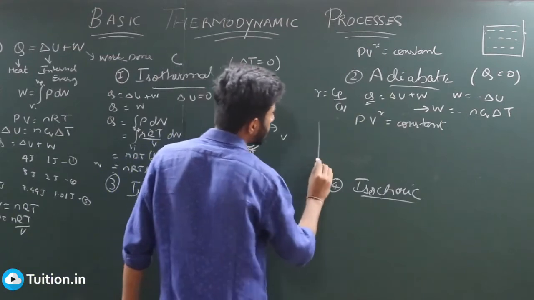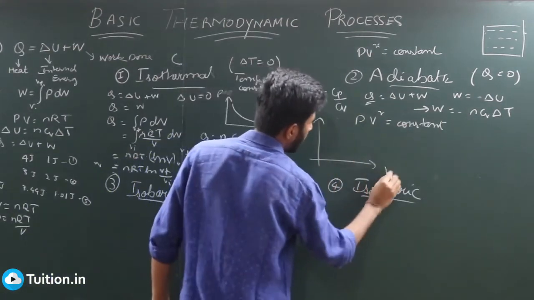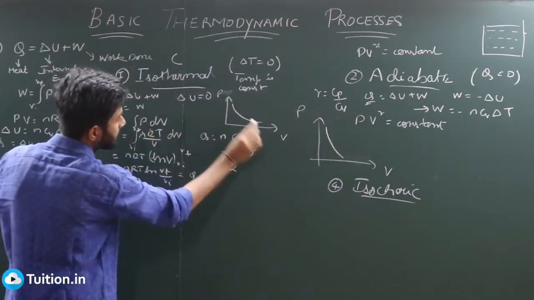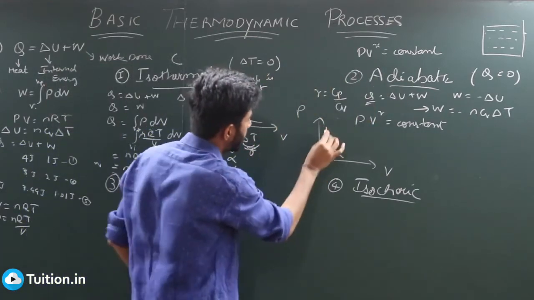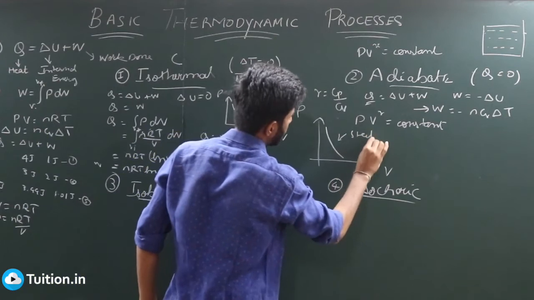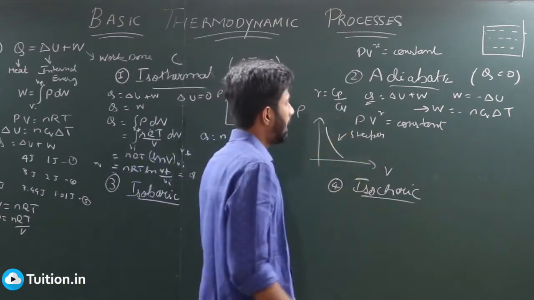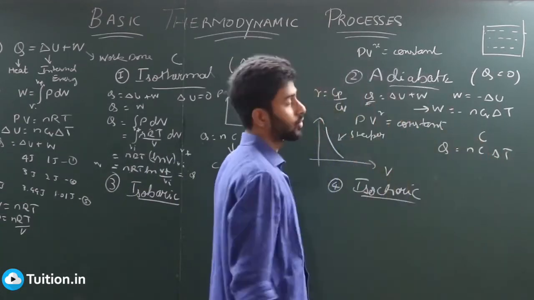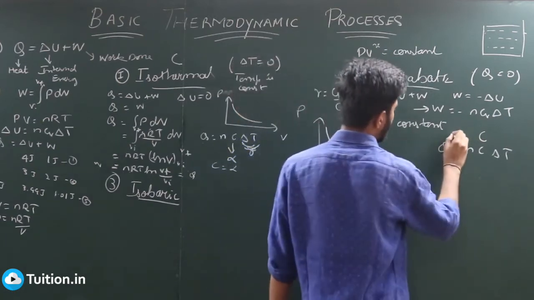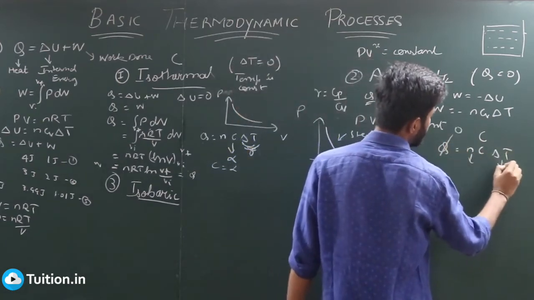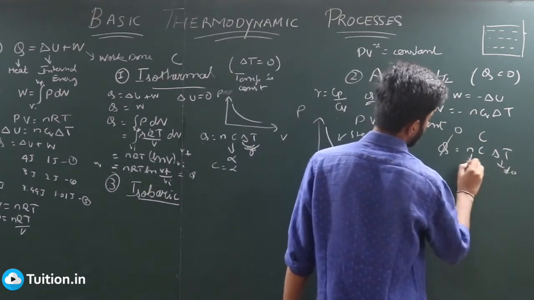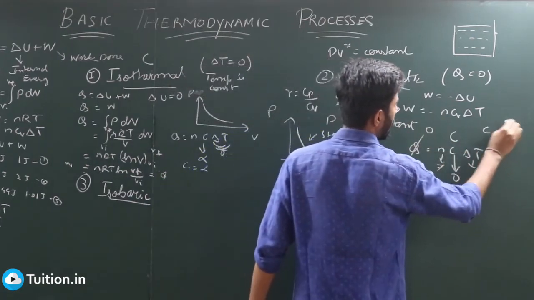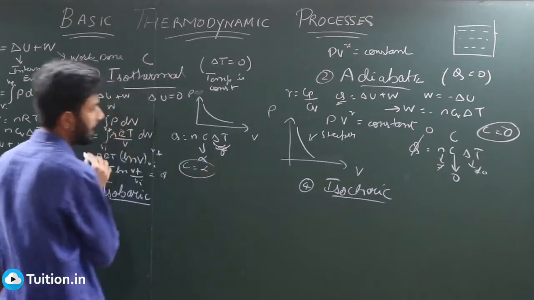So how will the PV graph of this function look like? It will be the same, but it will be steeper. So if your PV graph is like this for an isothermal process, for an adiabatic process it will be steeper. That is what you need to keep in mind. That's done. And what is the heat capacity for this process? We know that Q = nCΔT, and every process has its own C. What is the C for an adiabatic process? What we know is Q is 0. n is not 0, ΔT is not 0, so your C has to be 0. So for an adiabatic process, your C is 0. But for an isothermal process, your C is infinity.